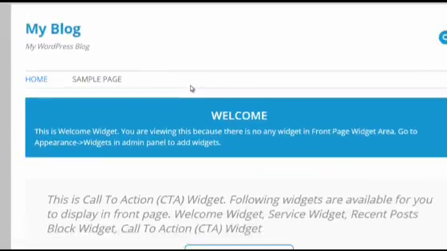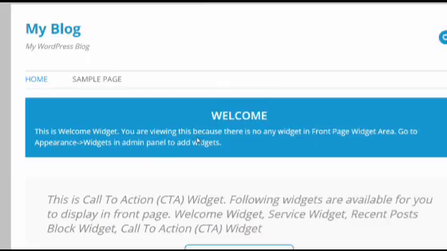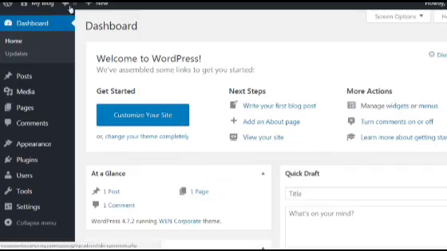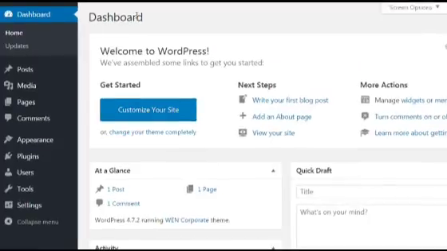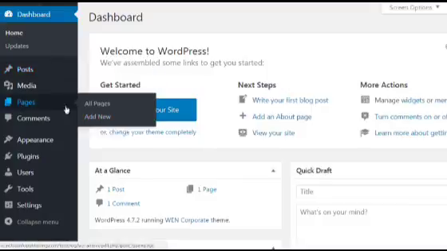And of course, if we go to the actual blog itself, we can see the actual blog has been created. Now, the app installer is going to give you access to the WordPress administrator dashboard, as you can see here. And all you have to do is literally, whenever you create a post, you can go here, add new posts, and you can add new